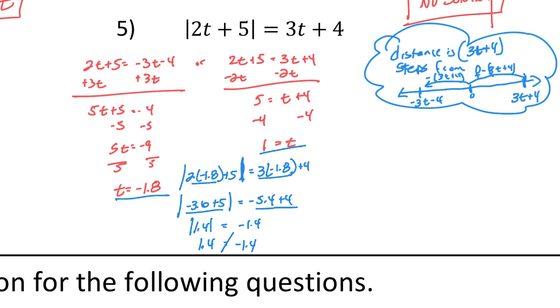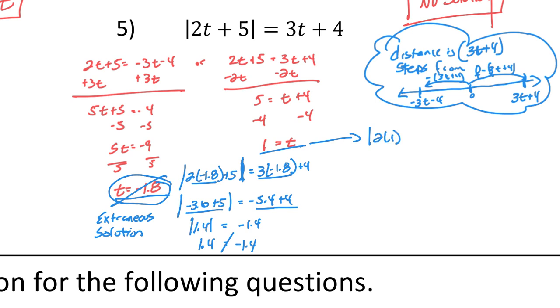And because they are not equal, this answer right here gets thrown out because it is what's called an extraneous solution. An extraneous solution is not an answer. It's correct work that we figured out and we did correctly. It's just that it's not an answer that's going to work in our actual problem, so we have to throw it away. If we check the t equal to 1 answer that we got, we'd have the absolute value of